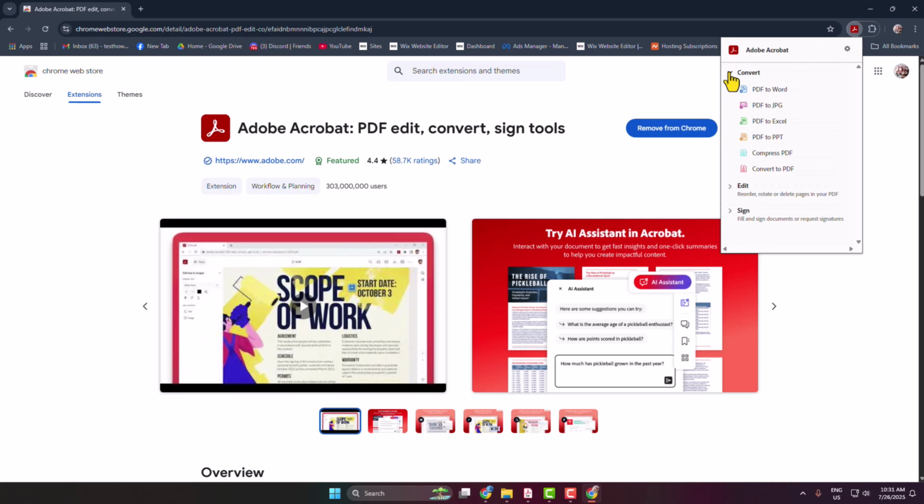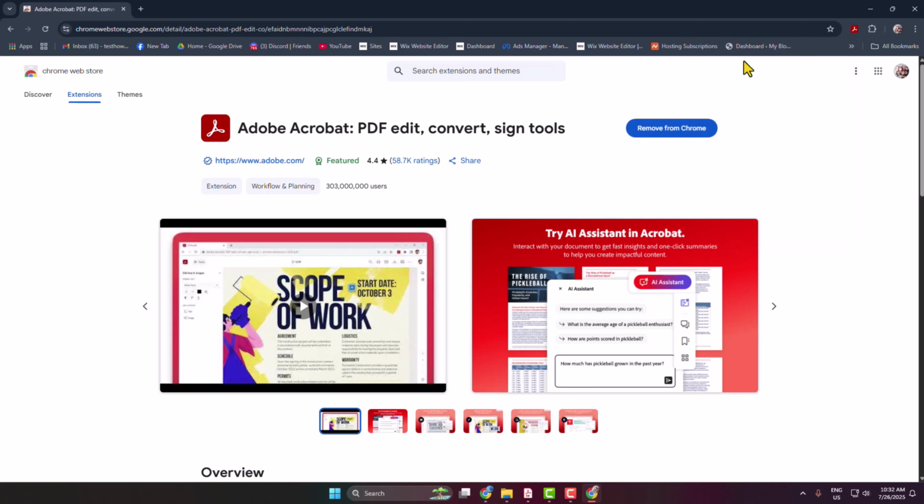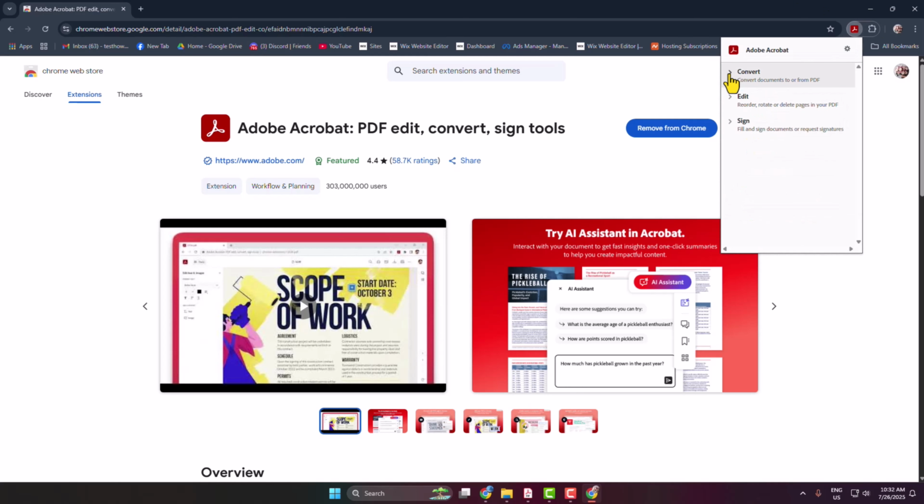And here we can see the convert option, edit option, and the sign option. So from now on, whenever you want to convert anything using Acrobat, just come to your browser and click here and expand the convert section, and now you can convert PDF to Word, PDF to JPG, PDF to Excel, and if you